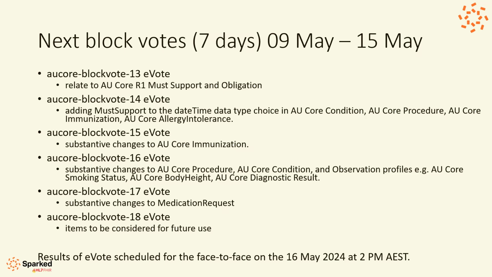Sometimes that's because of scope or consistency issues, and sometimes that's just due to timeframes and feasibility. But there will be a block coming out for us to consider which items we will be road mapping, essentially, to be reconsidered when we do R2 at the end of this year, I think, or early next year. We'll be doing planning for what we work on in the second release of AU Core.